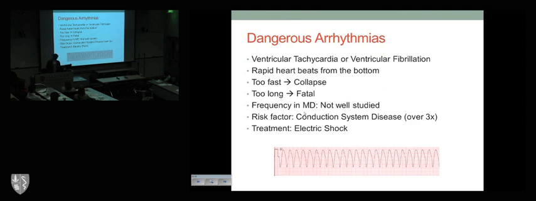The frequency of this is not really well studied, but we have seen several case reports of folks with DM. In fact, there are folks with DM who start to have these electrical abnormalities and get pacemakers, so that records everything. And then they have these dangerous fast heartbeats. The pacemakers really are not designed to treat the dangerous fast heartbeats. They're only designed to treat very slow heartbeats. The treatment that you need if you were to develop this very rapid, dangerous heartbeat is an electric shock, just like you see in the movies, a shock that goes to the chest.